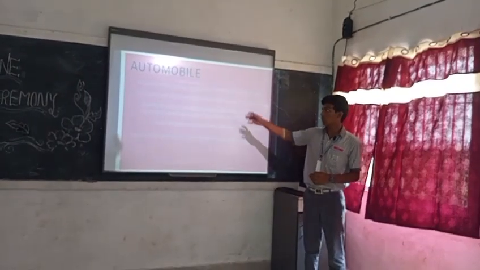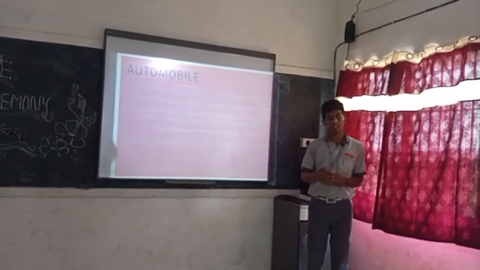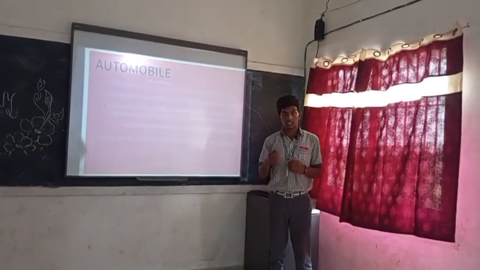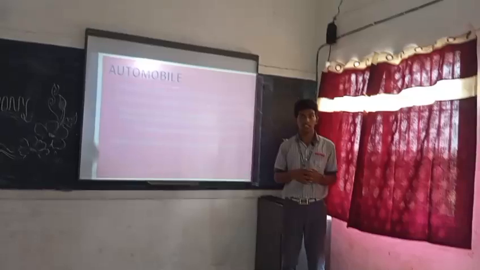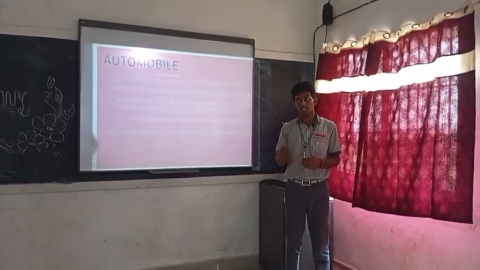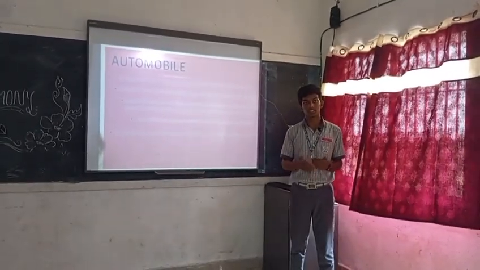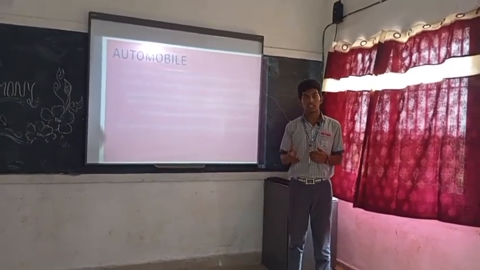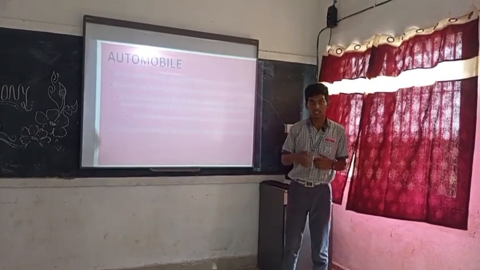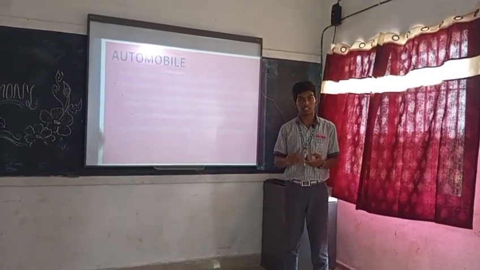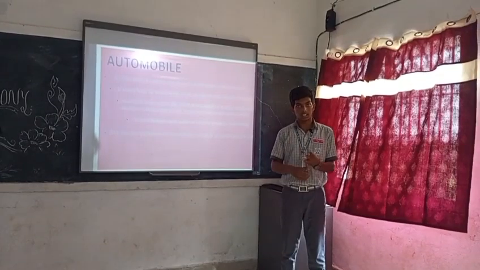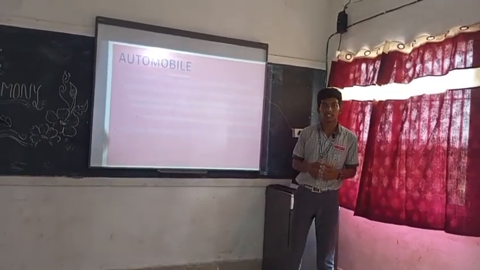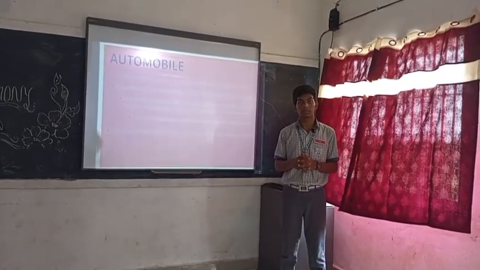First, about automobiles. An automobile is a vehicle that runs by using an engine or a motor. We use automobiles in our daily lives for going to markets, schools, or offices, or even to travel from one place to another. These run on fuels like petrol, diesel, electricity, and some vehicles are solar powered. This plays a huge role in the development of the country.